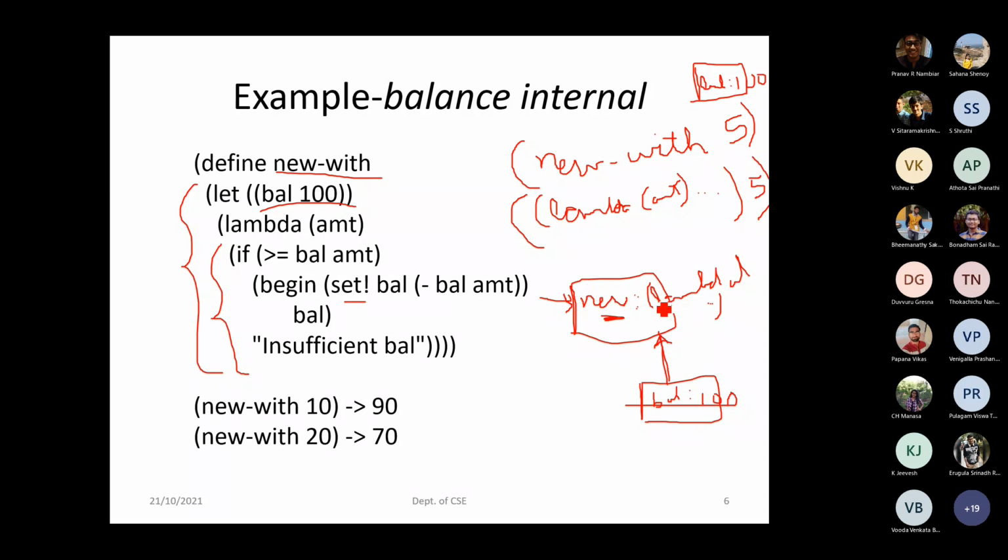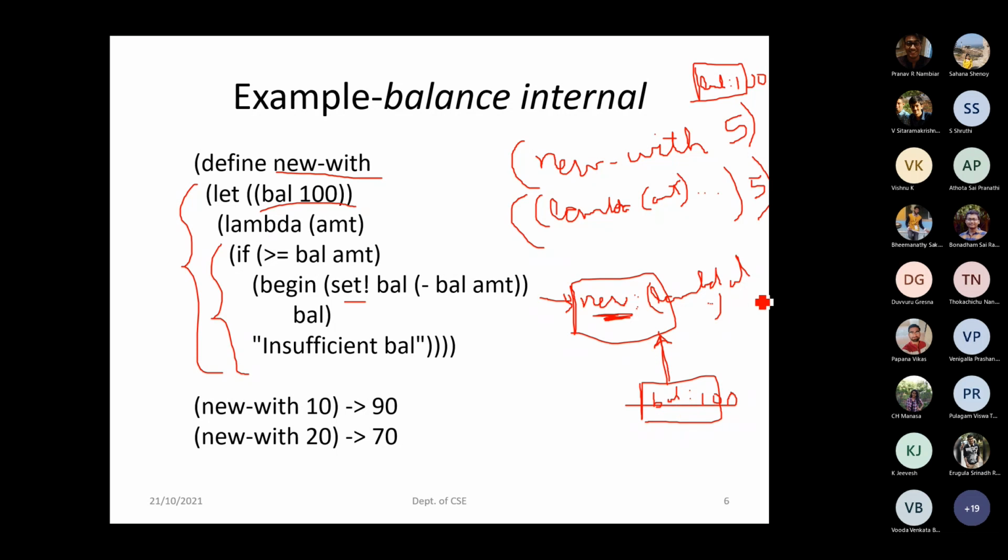Okay. And what this new withdraw is having is just the lambda procedure. So the first time I'm calling this new withdraw, what happens? The balance has been set to 100 along with the lambda procedure.